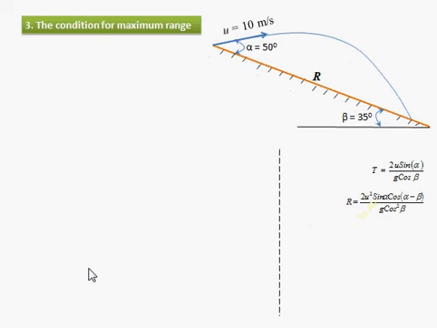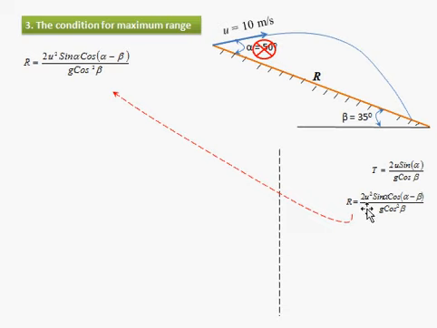The next question is the condition for maximum range. Condition for maximum range means with this present angle, that is 50 degrees, we are covering a range of R. Now if we change this, the projection will move into another portion, so the R value will be more than what we got in the previous question. So what will be that alpha? That is what is asked here. Let us have an analysis for that. We are ignoring the present value since we need to find the new one.